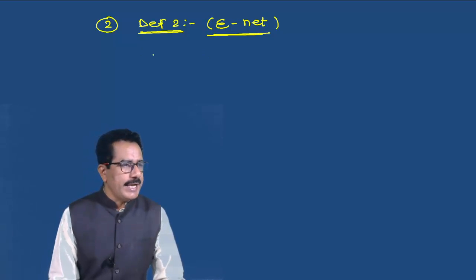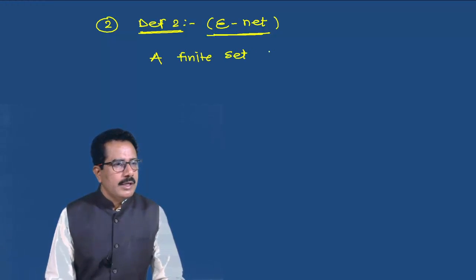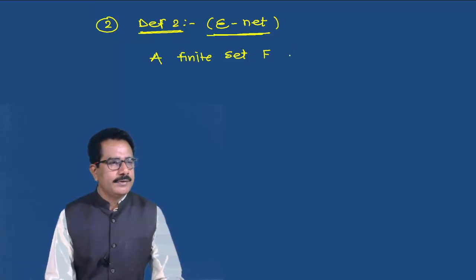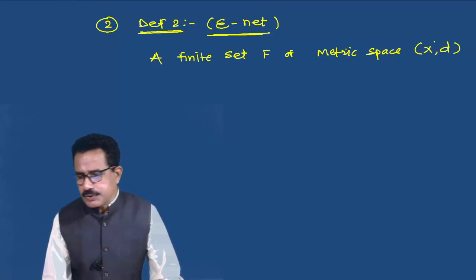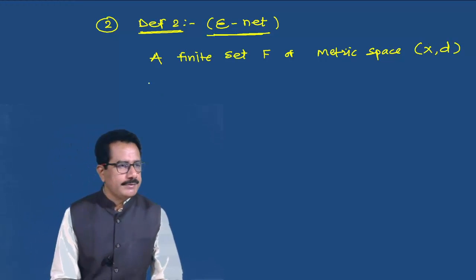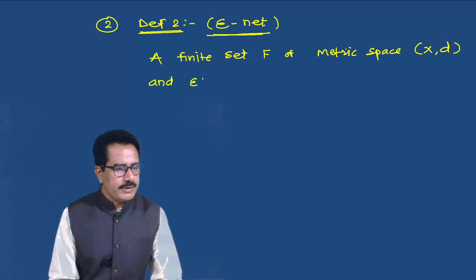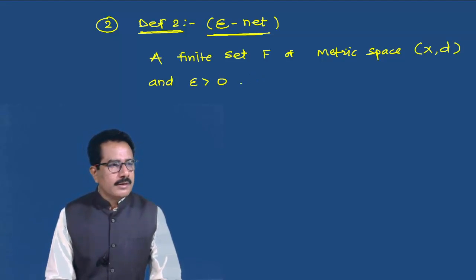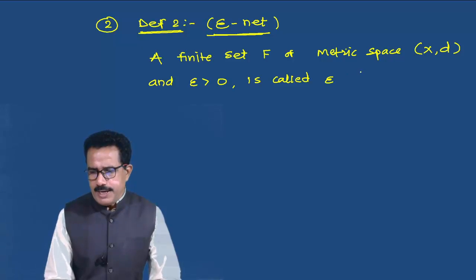A finite set capital F of a metric space X, d, and epsilon greater than 0 is called an epsilon net if